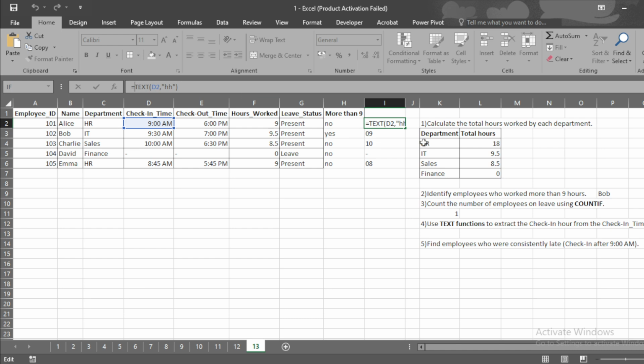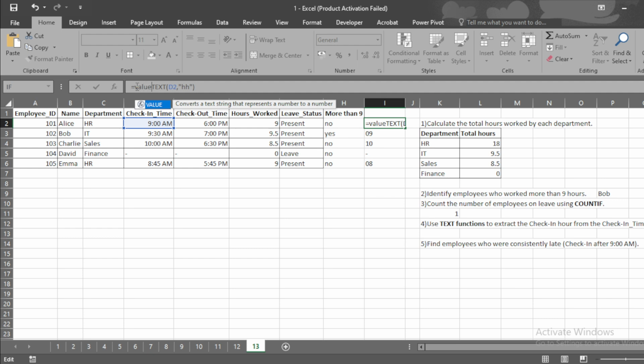Right now it is showing as a text value. In Excel, if there is text data, it always aligns to the left, and if it is a number, it aligns to the right. So we have to convert it to a value. How can we do it?